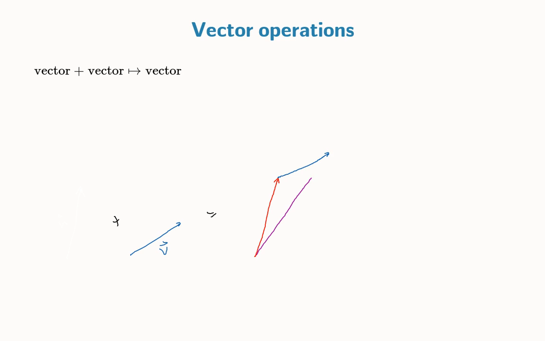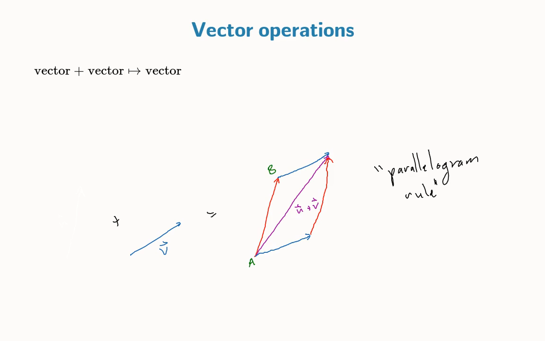So now we draw v like this, and then their sum is defined to be the combined arrow like this. So this is the vector that we define to be u plus v. And we could do this in either order. So we could draw v first and then draw u starting there. So this is often called the parallelogram rule for adding vectors. So the sum of two vectors is the diagonal of the parallelogram that they give you.